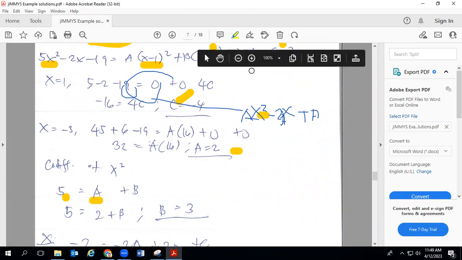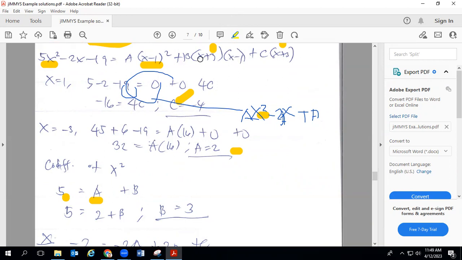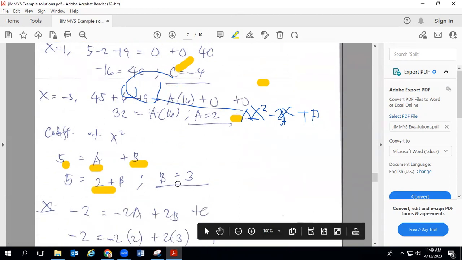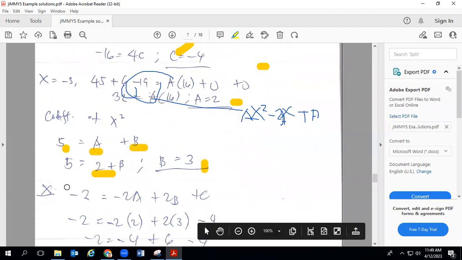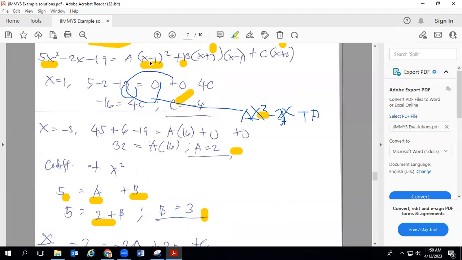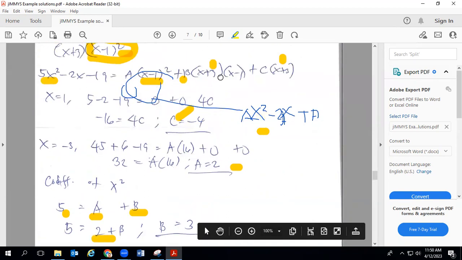So similarly here, if you're going to expand this one, you also have x times x is x squared, the coefficient is B. That's why you have B. Since we already calculated A equal to 2, you can compute the value of B. Okay, and similarly, you get also the coefficient of x. Okay, the coefficient of x here is -2. Here, it's 2x, 2Ax, so you have here -2A. Here you have, if you are going to distribute this one,